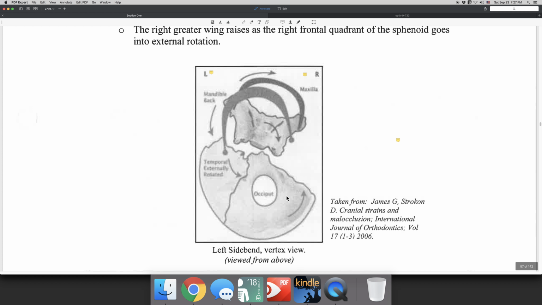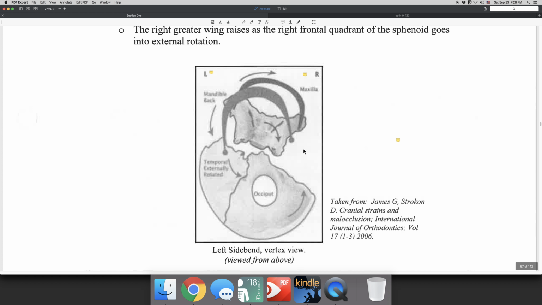This, the occiput, is essentially the back of your head. Now, this is the temporal bone on the left side. This is a left temporal bone. And the temporal bone is the bone that your ear sits in. So in this particular situation, when you're stepping or loading on your right foot and right leg, and just generally your right side, your sphenoid is going to turn this way, meaning the right side of the sphenoid is going to go back, among other things, and the left side of your sphenoid is going to go forward, matching what the arrows are showing.